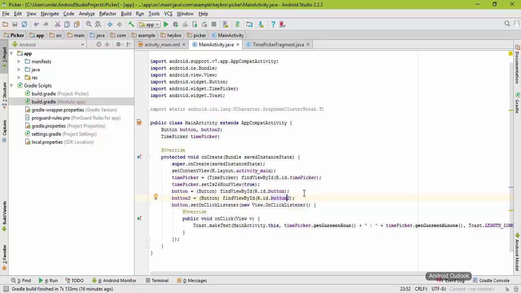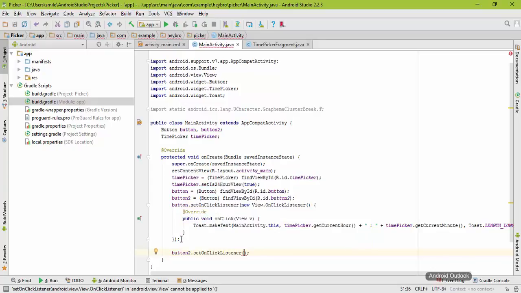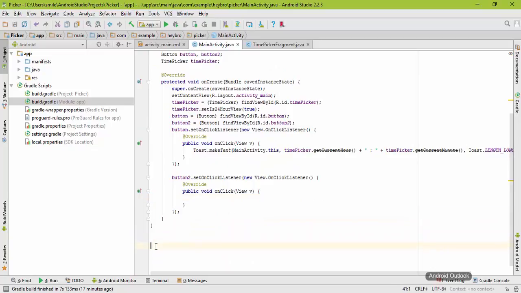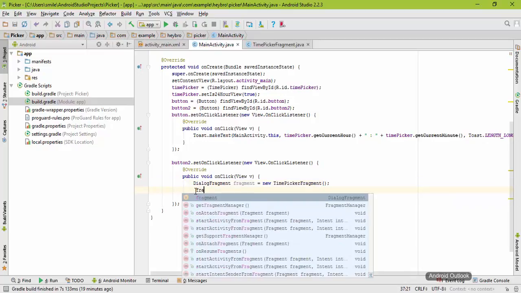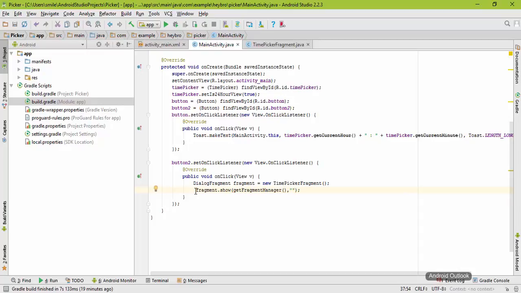So it is going to be aligned, and now we need to have some method on this button. So button2.setOnClickListener and new OnClickListener, and we need to override this onClick method. So let me actually free up some space here, and we need to start that fragment. So it is going to create the dialog fragment object. It is going to be fragment and new TimePickerFragment dot show getFragmentManager, and we need to specify some unique key. So some unique key. Okay, let us run this,